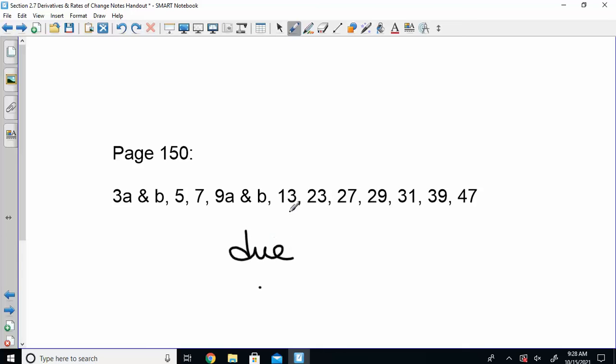So, the homework from this section is all right here. We are going to spend Monday, I will probably finish up the notes, so then we should have Tuesday for class time to work, so this will not actually be due until Wednesday. So we're going to still be on this